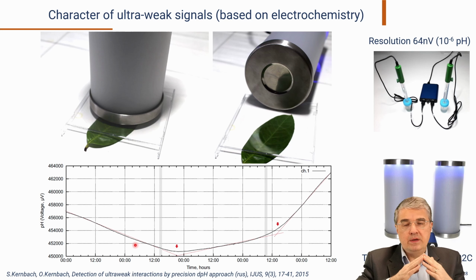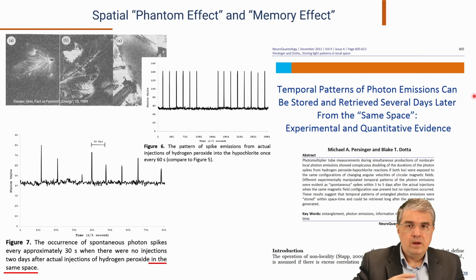So in this case, we see a clear correlation between insertion and removal of the sleeve, and we also see a memory effect. And so we think that our hypothesis is confirmed, that the phantom effect probably represents a kind of interaction, and it can be sensed, in the way of sensing weak biophysical interaction, by electromagnetic, by optical, by any other equipment. I would like to demonstrate the optical way of measuring the phantom effect by a really nice experiment